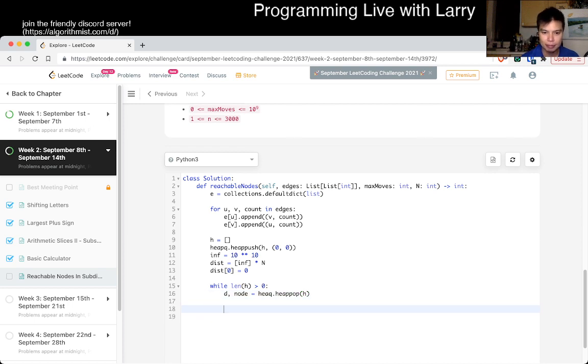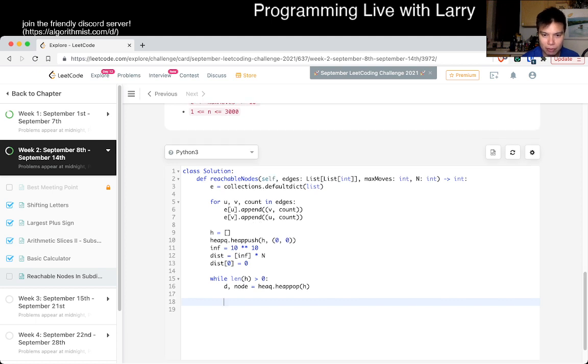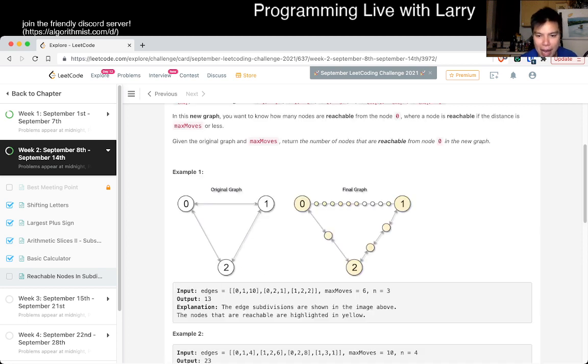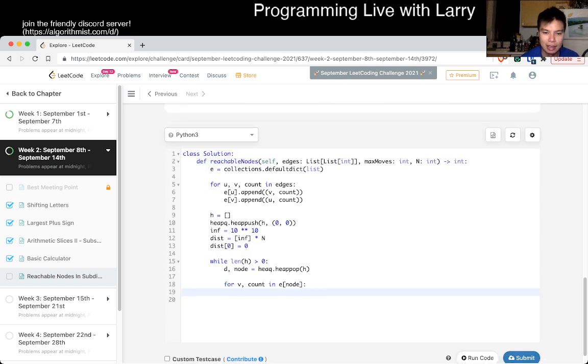Okay, and then now we go for v, count in g sub node. Let's double check the math for a second, because here if there's one count in between, then it takes 2 to get to 2, right? So then yeah,